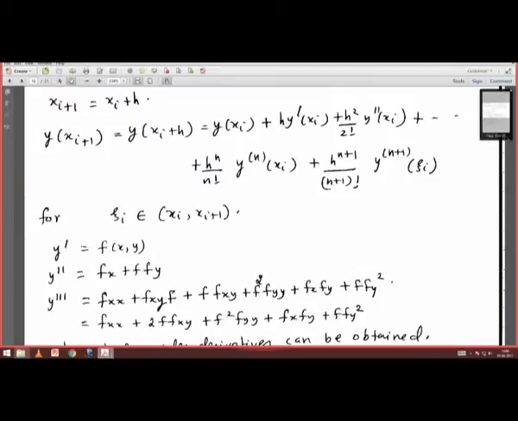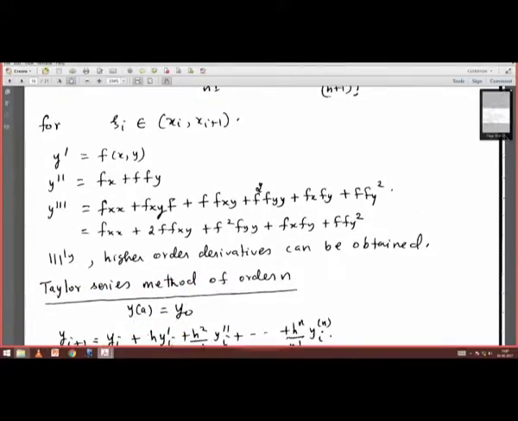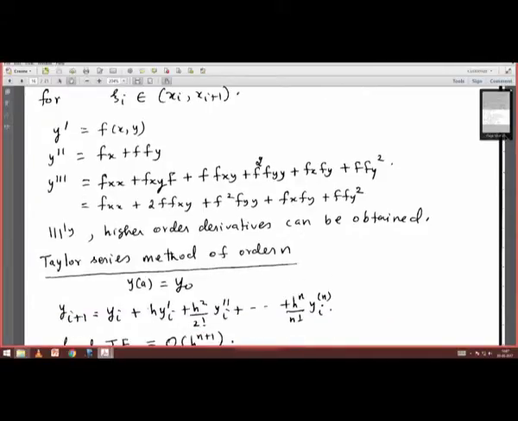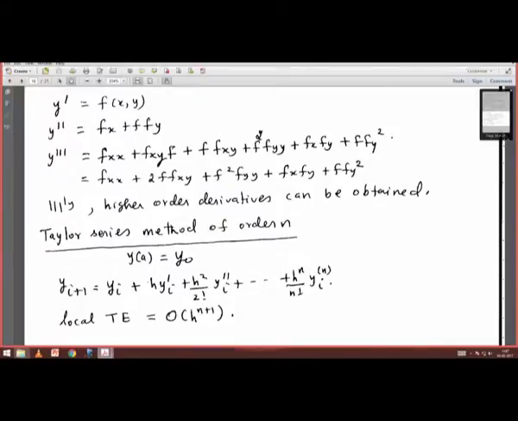Here, the various order derivatives of y which appear in this expansion are obtained by taking derivatives of the right hand side function f of x comma y. The successive derivatives are presented in terms of the partial derivatives of different orders of f with respect to x and y. So, the derivatives of y with respect to x of several orders, namely up to order n, are what we require to write down the solution at xi plus 1, and then we have Taylor series method of order n given by y of